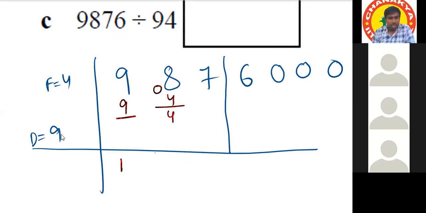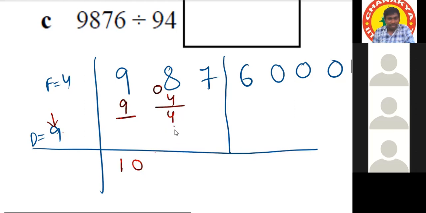In 4, will 9 go or not? Will not go, sir. That's why I'm taking 0 times. 9 zeros are 0. Sir, I have a doubt. The remainder is 4, so why don't you add it to 47? No, in every cycle, after doing the divisor only, we have to go for the next digit. Here we are doing only flag multiplication. This is not over for the divisor.